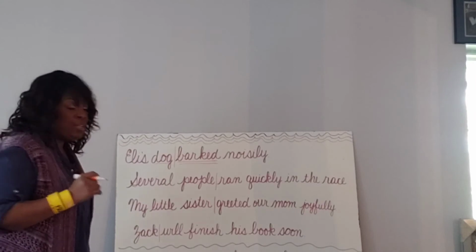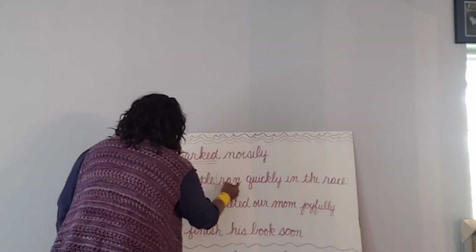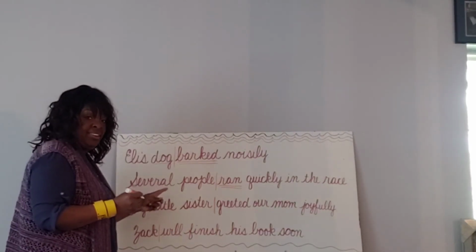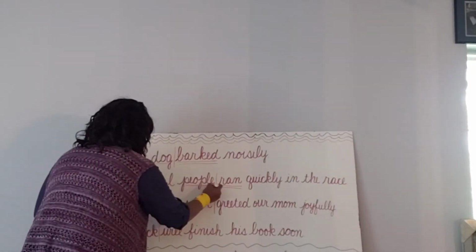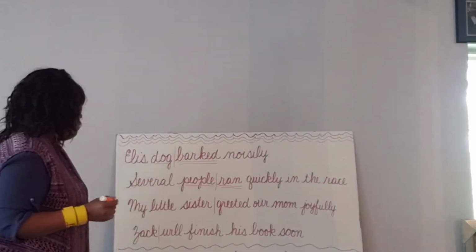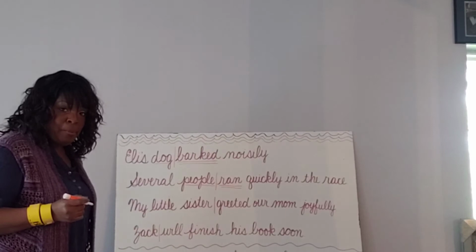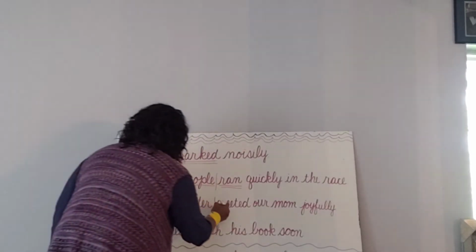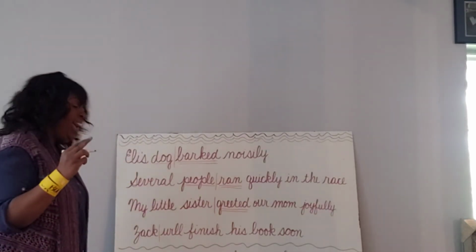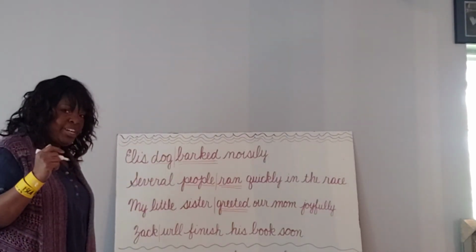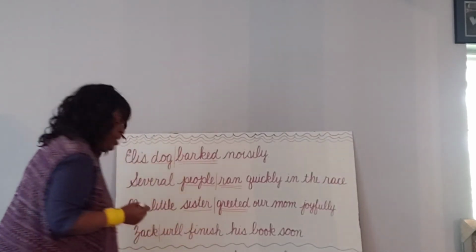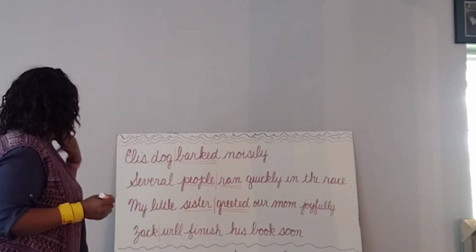What's our verb for number 2? We've already figured that out. It's ran. Who or what ran? Yes, people, okay? People ran. Sentence number 3, my little sister greeted our mom joyfully. Greeted is our verb, underlined twice. And who or what greeted? Very good. Sister greeted. Then our last sentence,